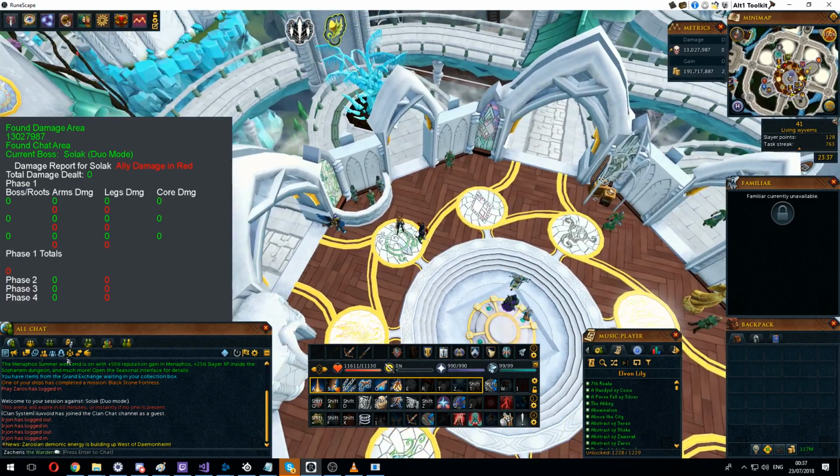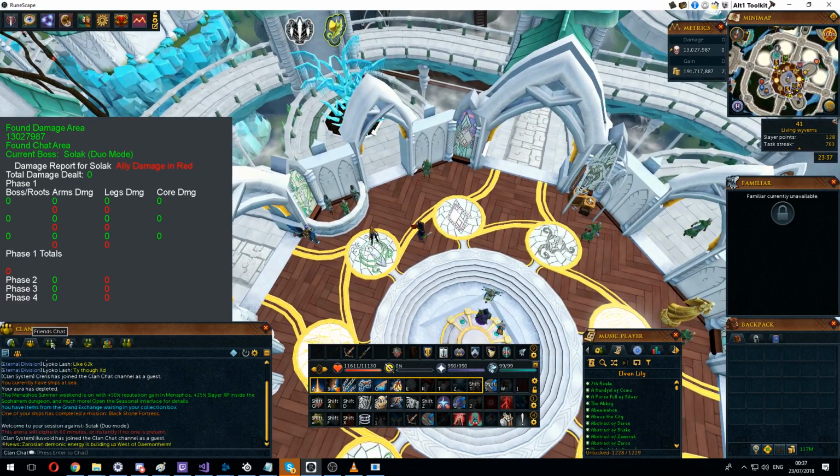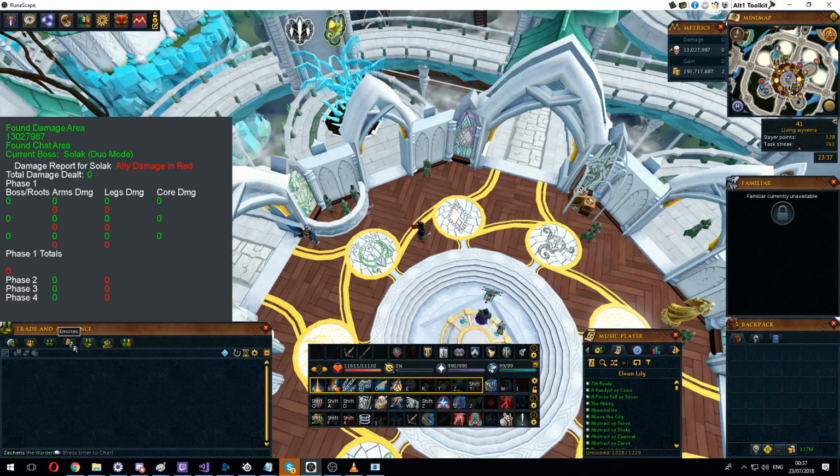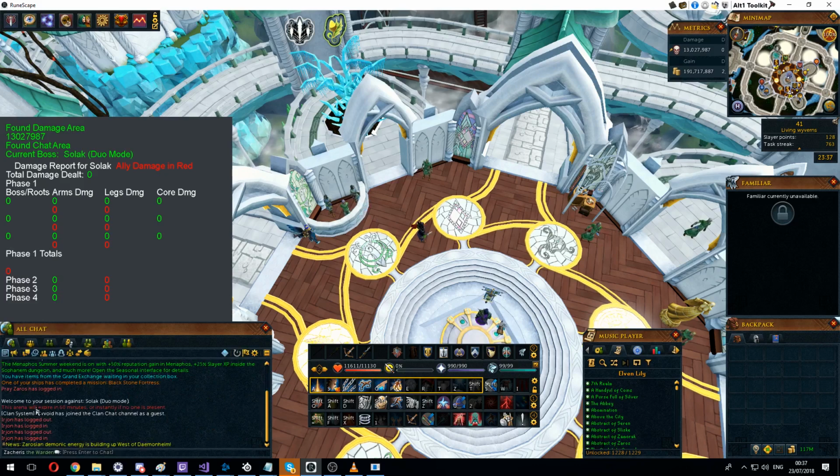What was the other one? Oh yeah, if you're on a different chat window, you might not get the arena message. If I was on trading assistance, I wouldn't see it. It doesn't really matter which of these windows you're on, but you just need to be able to see this message. And wherever this message is on your screen the first time it sees it, that's where it'll think